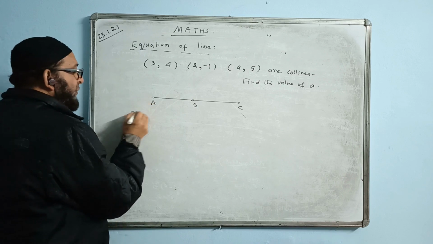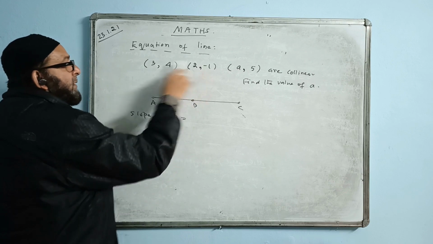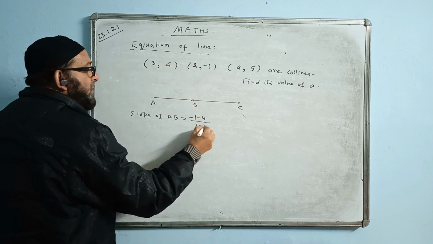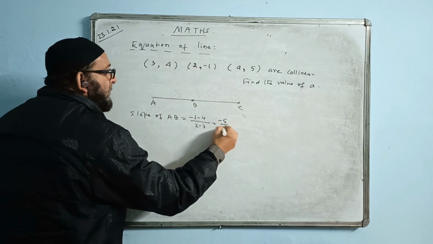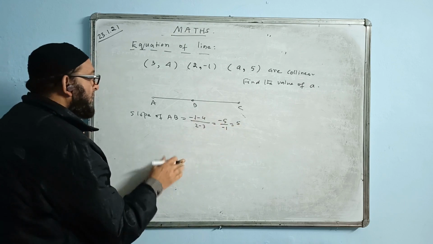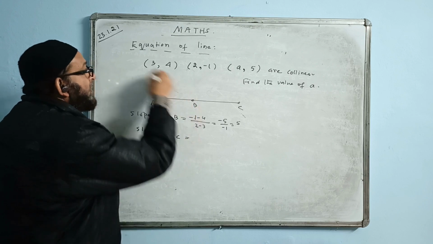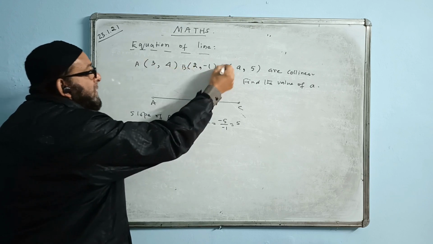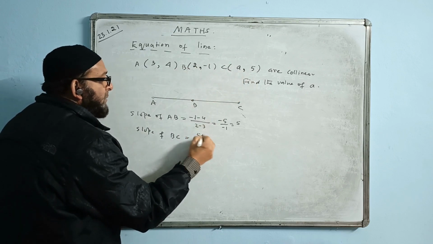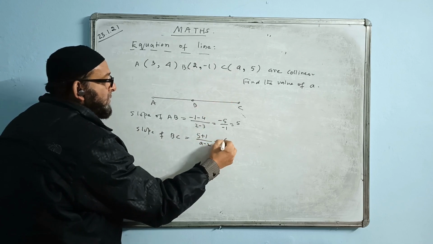Suppose I will find slope of AB first. Let us find slope of AB. What will we find? This minus this. 2 minus 3, minus 5 by minus 1, answer is coming 5. Minus minus cancel. Then I find slope of BC, this is the B point I am taking, this is the C point. Slope of BC: y2 minus y1, 5 minus minus 1, plus 1, this minus this will become 6 by